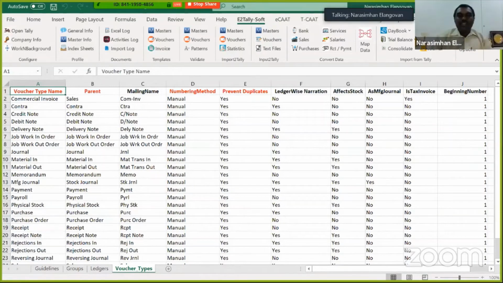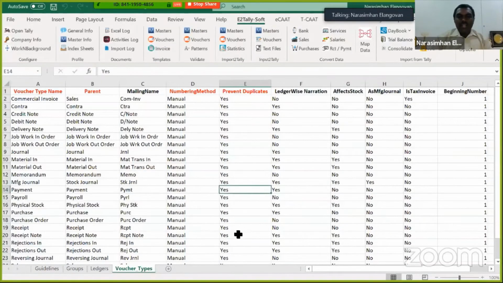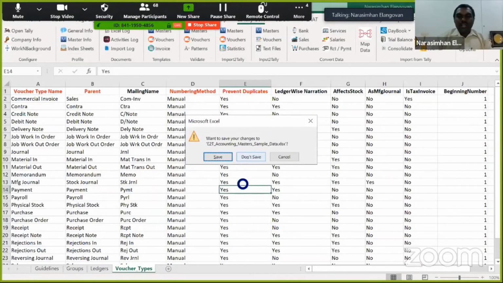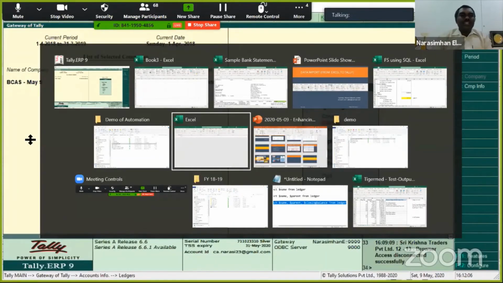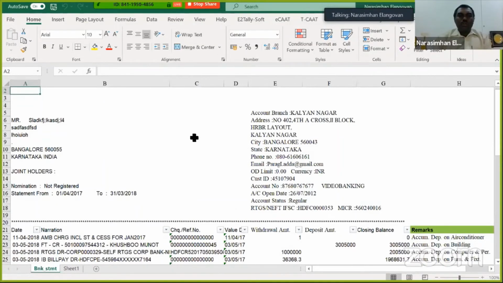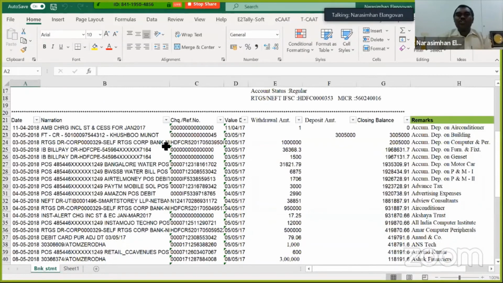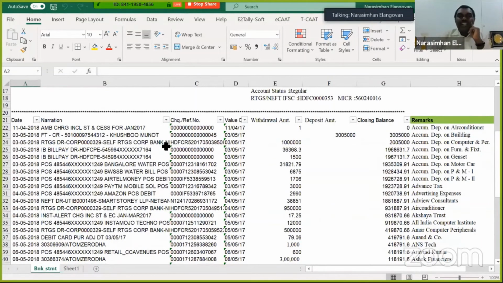Let us say I open a bank statement. I'll close this because I don't want it for the time being. This sheet also I don't think I'll require. Let me close this. And here is my bank statement. This is the HDFC Bank Limited bank statement. Now I have these transactions, which most of us know. Many of us know a whole lot of time is spent in entering bank statements. All of us agree? Now, can I automate this exercise? Yes, it is possible.